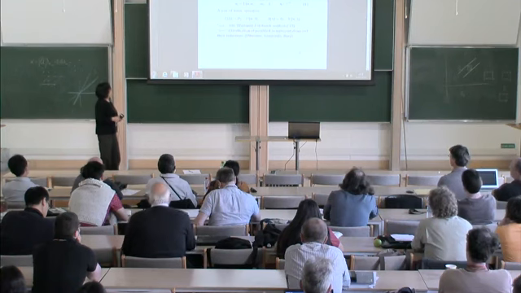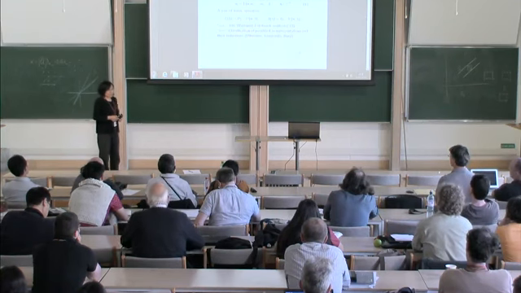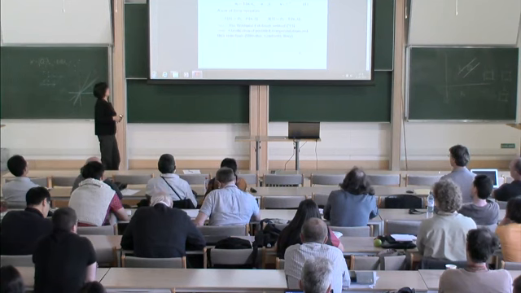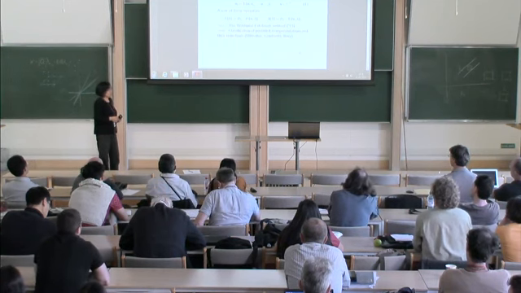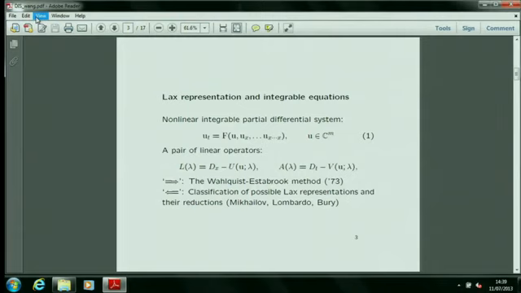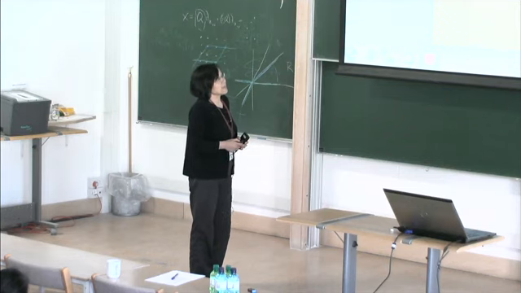But we can approach this from another angle. Instead of starting from an equation, we purely look at the operator, and that is where we do a classification of possible Lax representations with their reductions. And you have to add reduction in, because if you don't, you will have a very complicated, huge system, which does basically nothing for you. Since we do the commutator with two operators, it is always